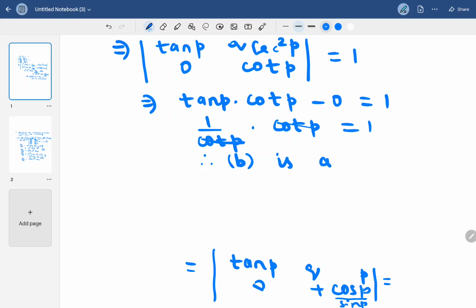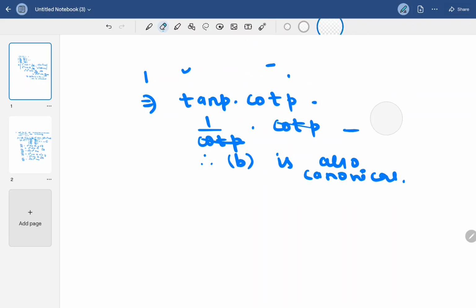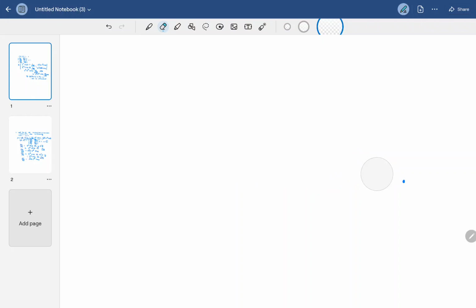is also canonical. A is canonical. Now B is also canonical. Now I am going for C. If C is canonical, then from the options the fourth one is right, all are canonical. Now I am going to show whether C is canonical or not, again by using the concept of Poisson bracket